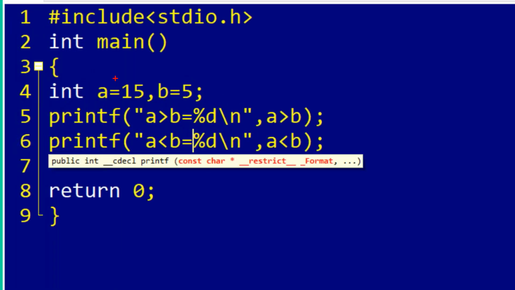A is 15 and b is 5. 15 greater than 5 is true, so in this scenario you will get a greater than b equal to 1. 15 less than 5 is false, so in this scenario you will get 0.